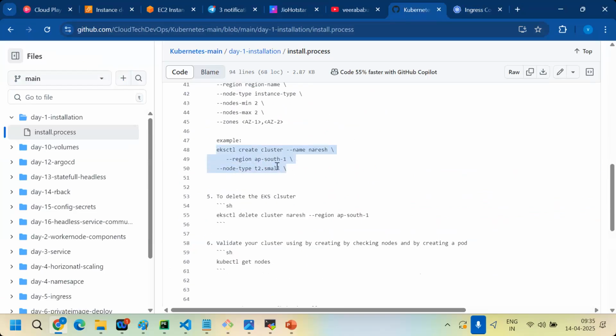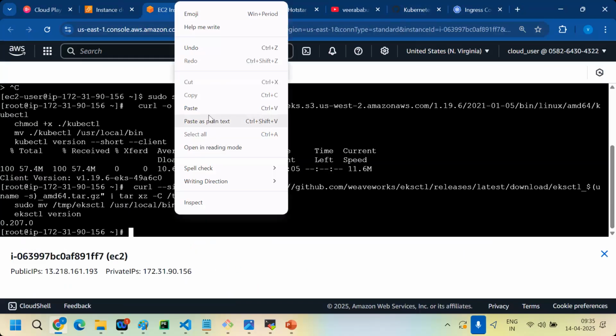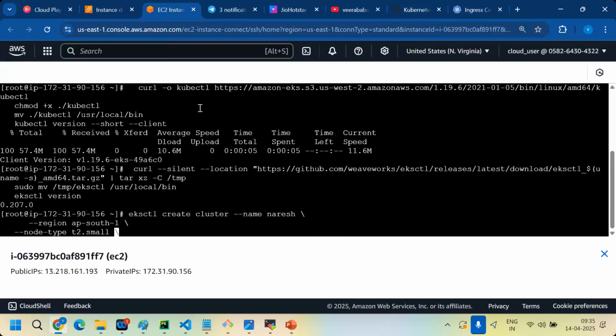I think I need to create an IAM role. My sandbox is not supporting AP South 1, so let's go to US East 1.